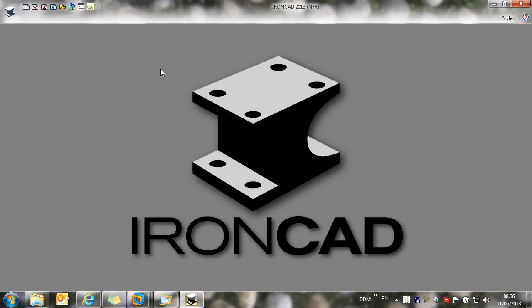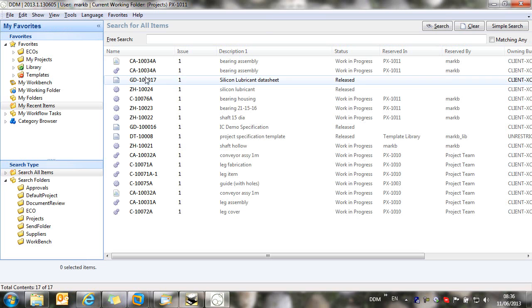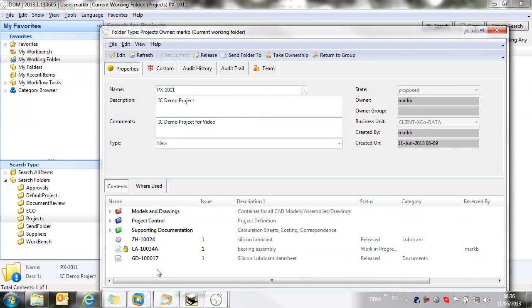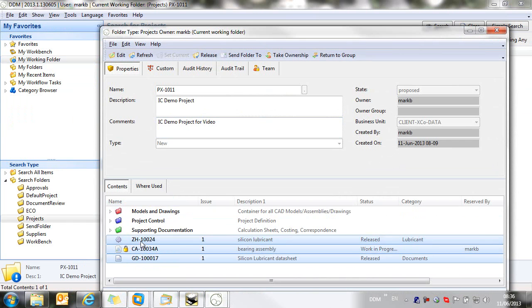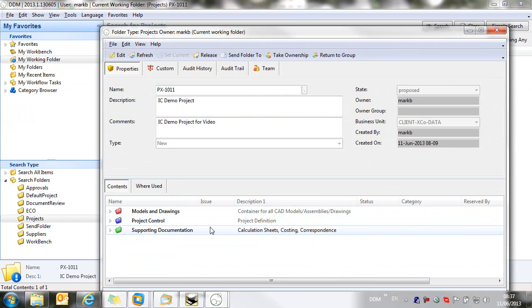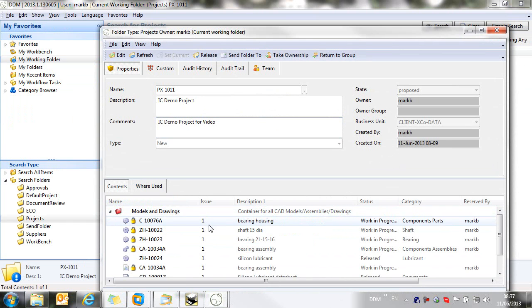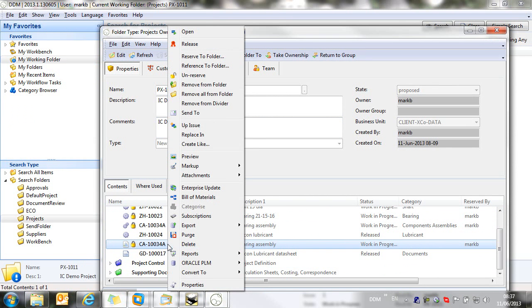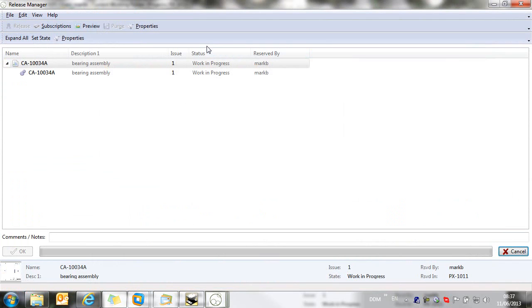Okay, so we can return to DDM. We can go to our project folder, my working folder. So open that, and we're just going to add these items now into our models and drawings for this project. And we're going to complete this by right-clicking on the top-level assembly drawing and selecting the Release